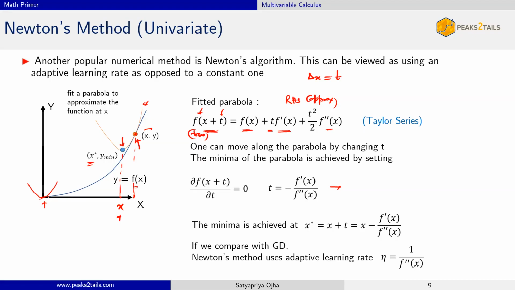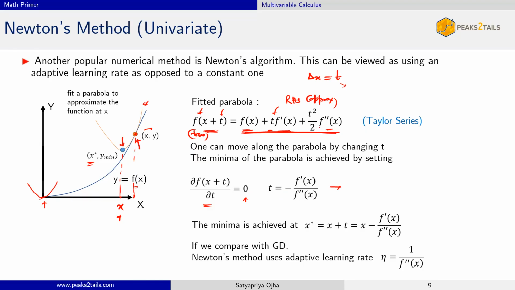Okay, now the question is, what is the value of t? How much should we shift x? Well, we should shift as much so that we reach the minima of the parabola. What is the minima of this function? For what value of t does this right hand side attain a minima? You can easily calculate that using, let's differentiate this, put it equal to 0. If you differentiate, you get